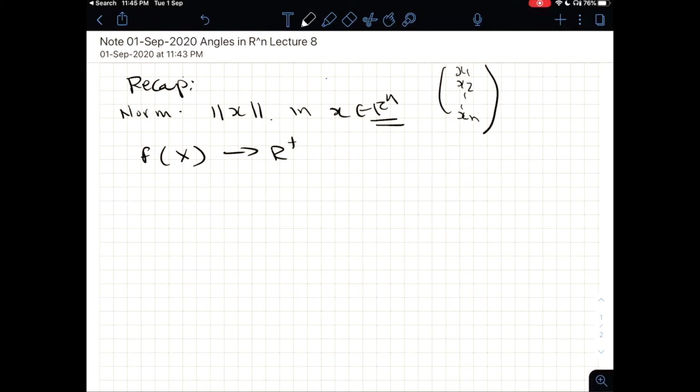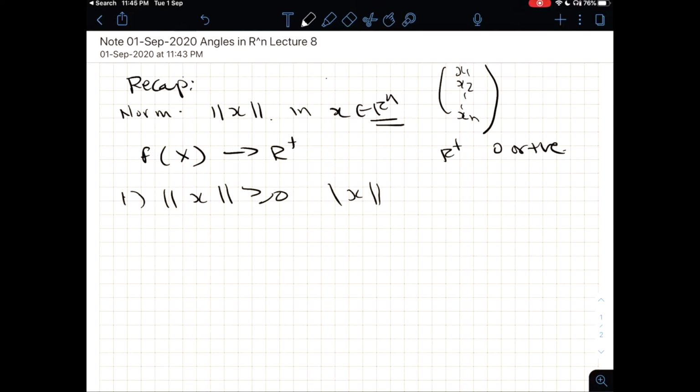Actually, one can say even R plus. R plus indicates all real numbers which are 0 or positive. It's a function which maps a vector in Rn to a non-negative number such that the norm of x is greater than or equal to 0 always, in other words,